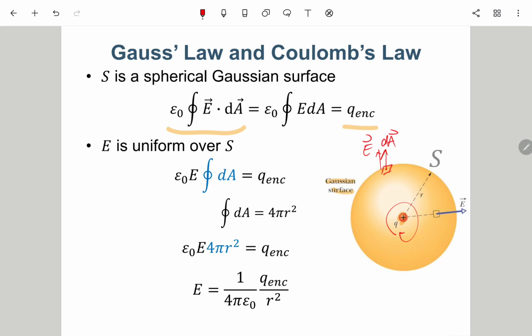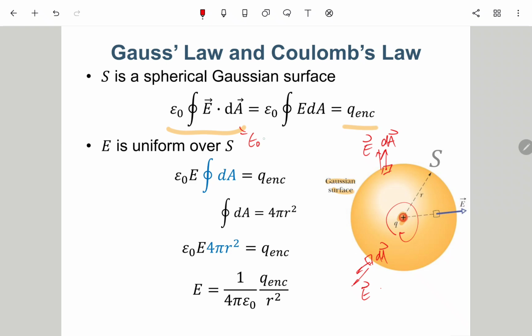So the E field and dA at any point will be parallel to each other. So all the E field and dA point in the same direction, which means that